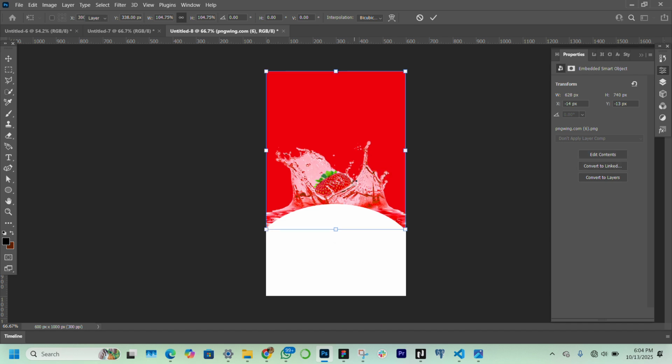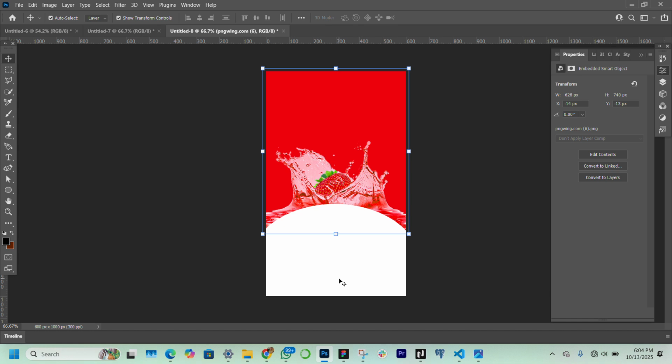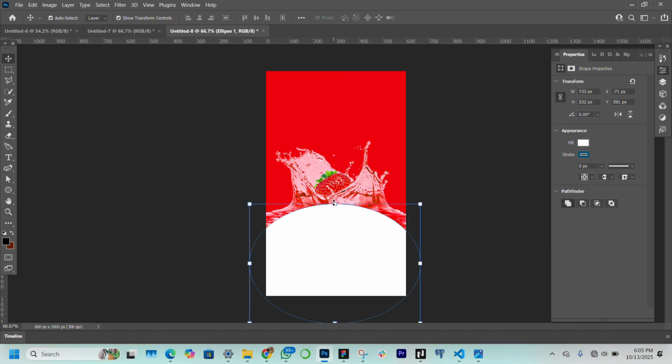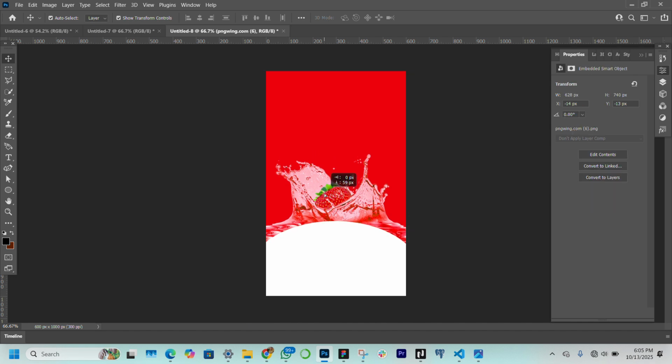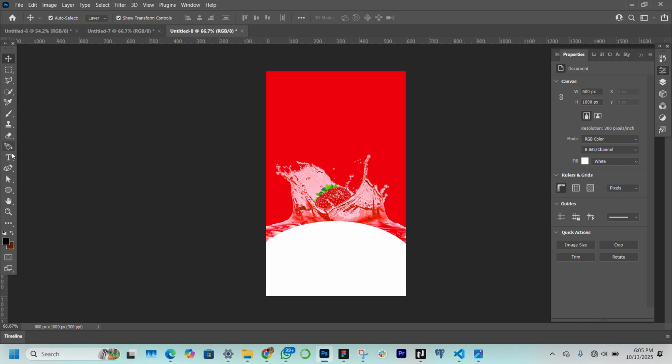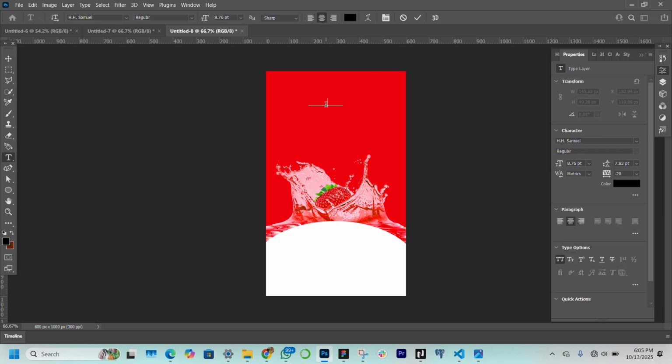Now the next thing I'm going to do, I feel like this is too much, so I'm just going to reduce it holding my shift key. Okay, then I'll hit enter. I'll click here and I'll just take this down a bit. The next thing I'm going to do is to add my text. Okay, I'm just going to say Crim Berry,